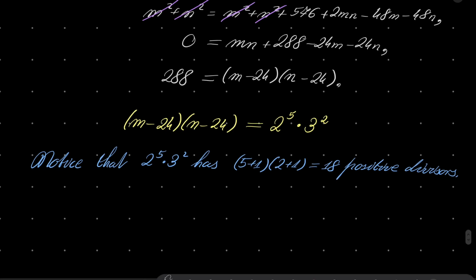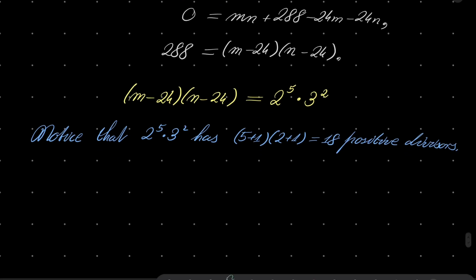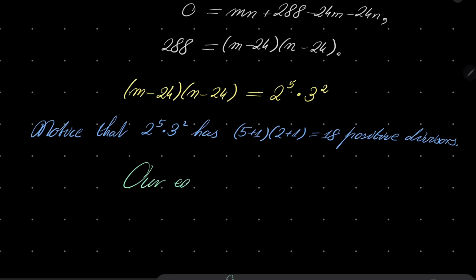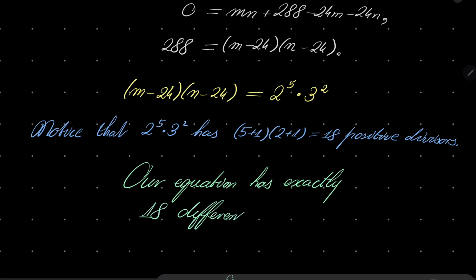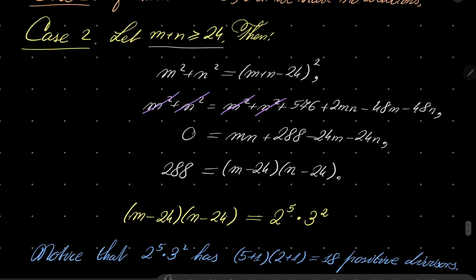Alright, so we have 18 positive solutions of our equation. Our equation has exactly 18 different pairs of solutions. And also you may wonder, but is this condition satisfied, that m plus n is greater than or equal